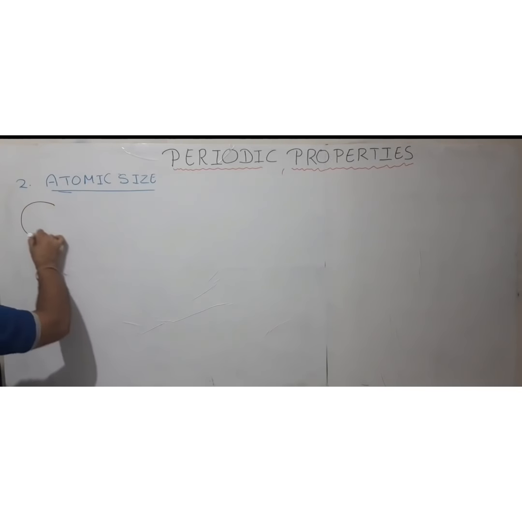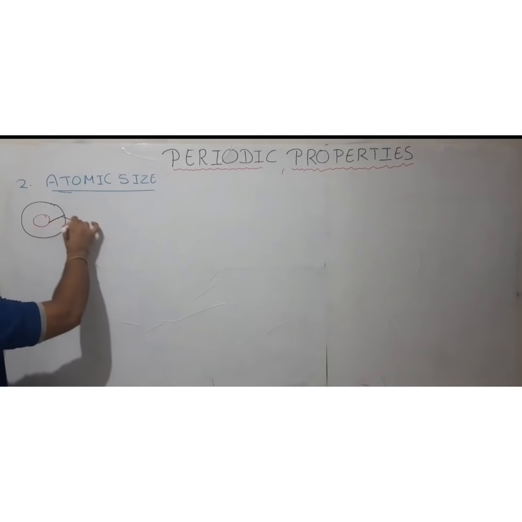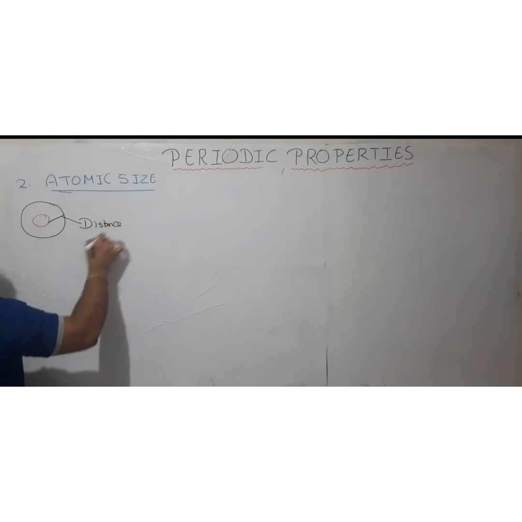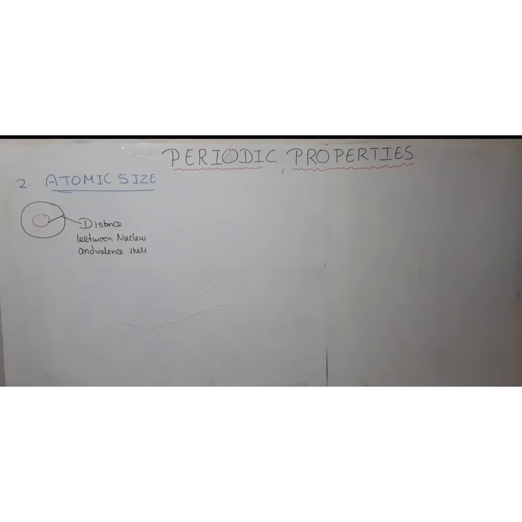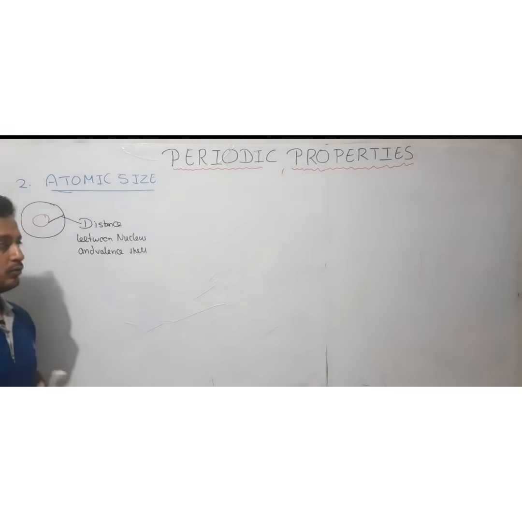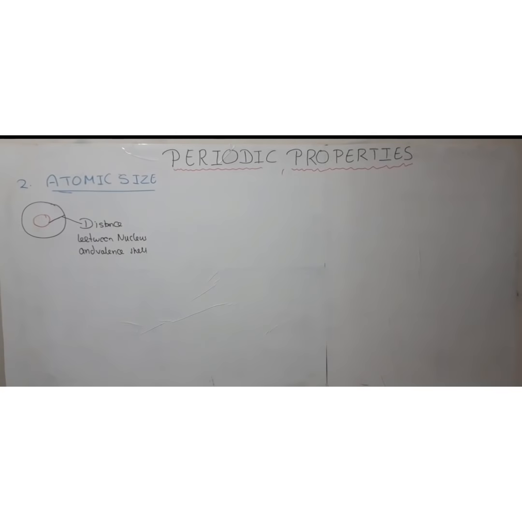Atomic size is simple. Suppose this is the atom and this is the nucleus of the atom. Basically it is the distance between the nucleus and the valence shell. That distance between the nucleus and the valence shell is known as atomic size; we also say atomic radii. Now we are going to see how this atomic size or atomic radii varies down the group and across the period. So first we see the variation